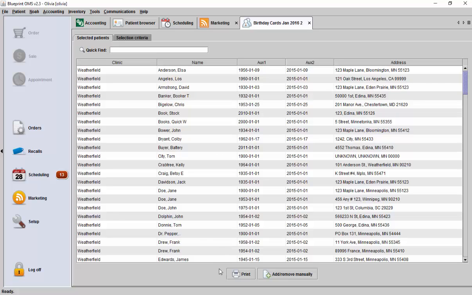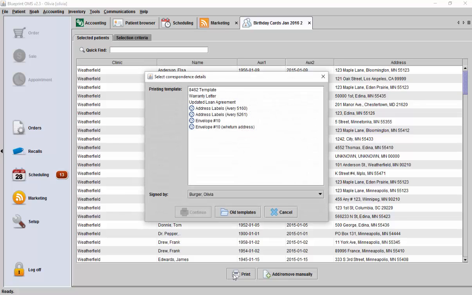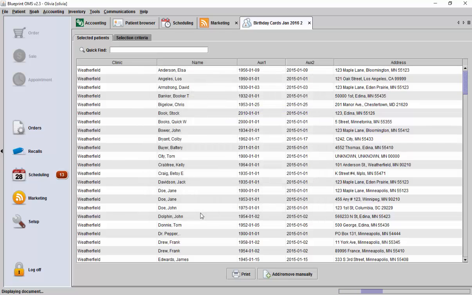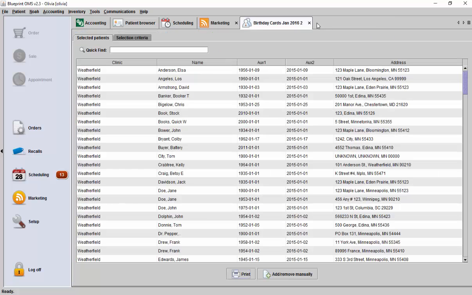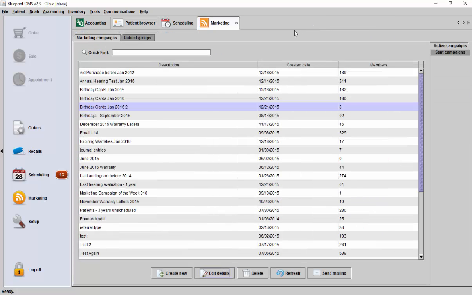Okay, and so maybe our clinic has some postcards that we send to our clients on their birthday. So I'm going to go ahead and print some labels for those postcards. First, we'll click Print, and then select our label template, and then click Continue. And so here's a list of all of those patients. We'd be able to print these labels, save them, or download them too, if we were to edit some of these labels. So we'll close out of our labels and move on to our next campaign,